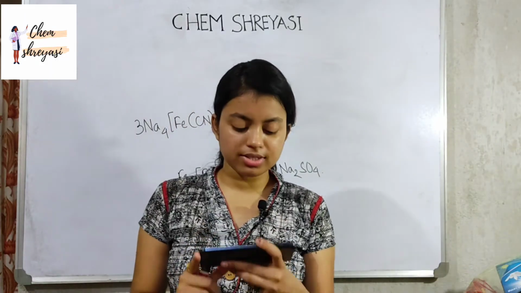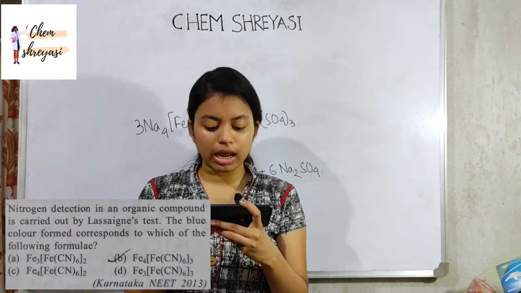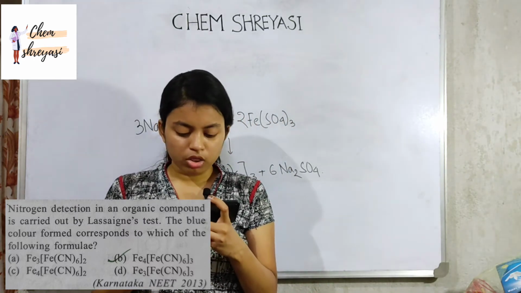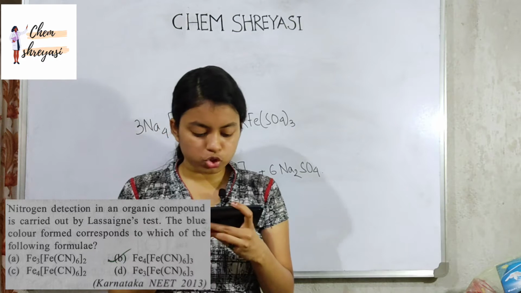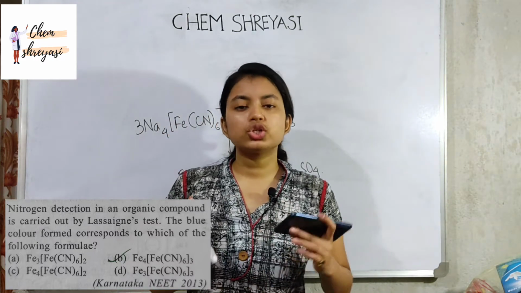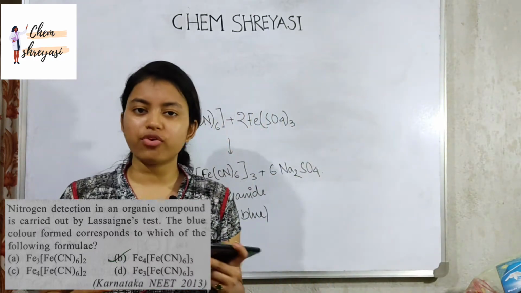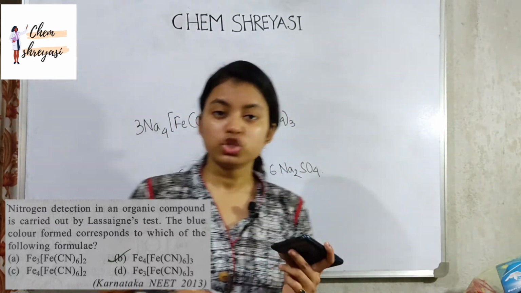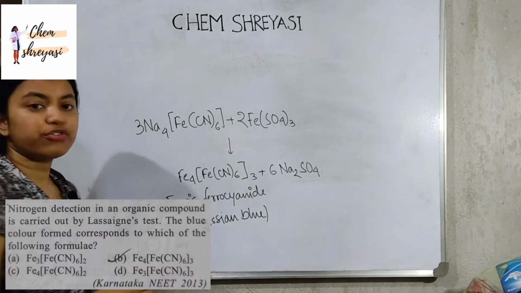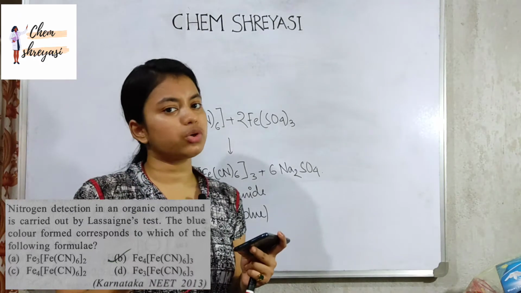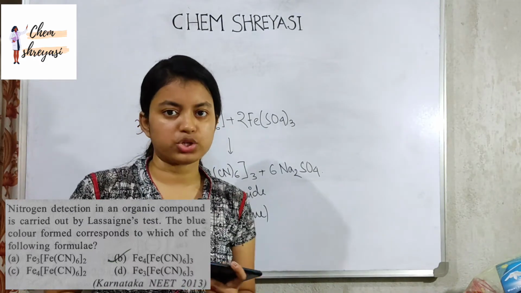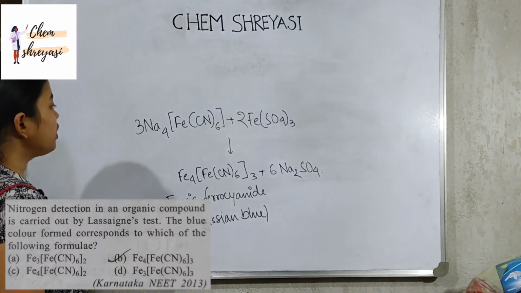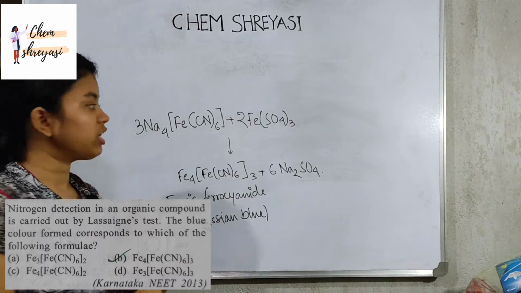My next question says the nitrogen detection in an organic compound is carried out by the Lassaigne test. The blue color formed corresponds to which of the following formulas? This question came from a straightforward chemical reaction, which is the qualitative analysis of nitrogen. If you remember this formula, you can easily answer this type of question. In the qualitative analysis of nitrogen, we use sodium hexacyanoferrate